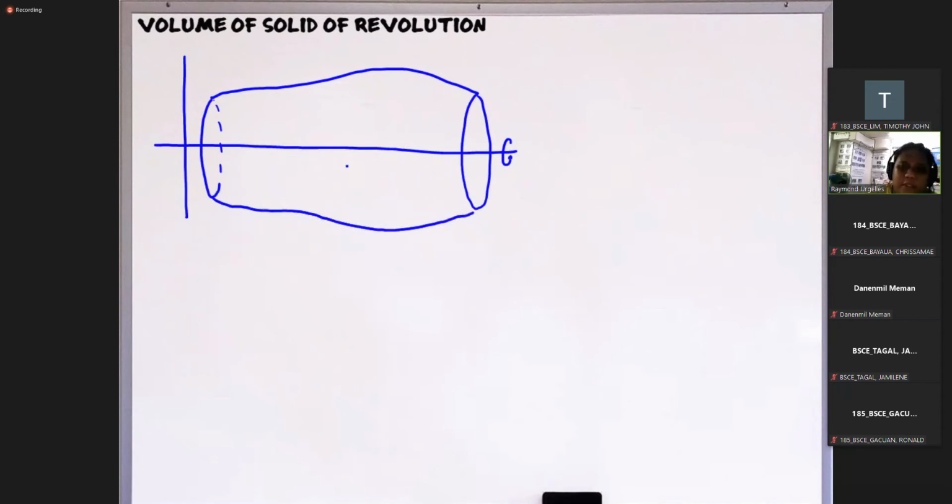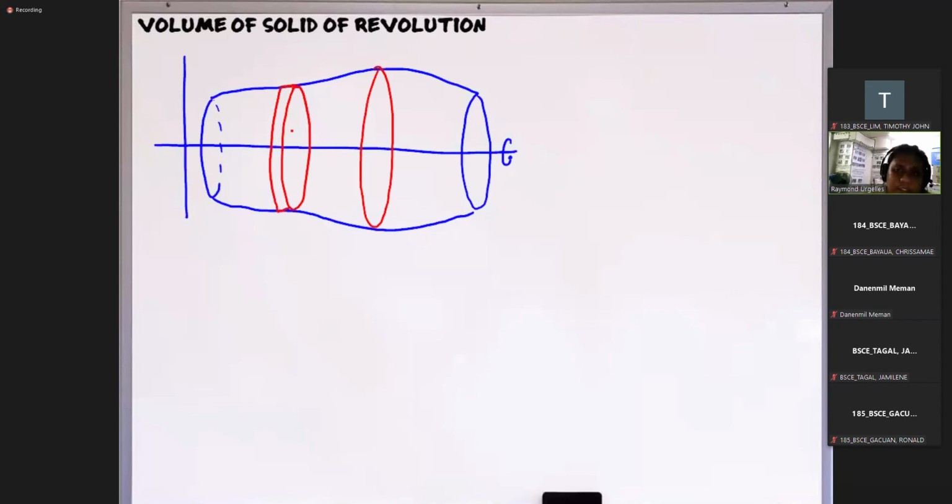Okay? So again, ito yung tinatawag natin volume of revolution, di ba? And yung pinaka-idea natin for a volume of revolution is, okay, magkakaroon kasi siya dito ng cross-section. So kung titignan natin lahat ng cross-section niya, pagdating sa isang volume of revolution, the cross-sections are always circular. Okay ba? So which means, if we consider, let's say, a certain thickness here, so let's say we consider this one. So this is a circular disc, di ba?